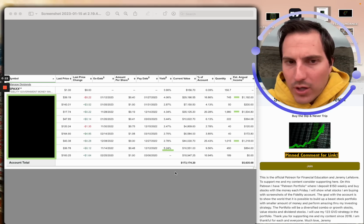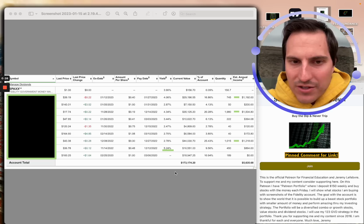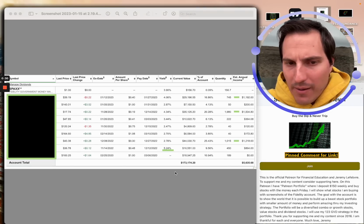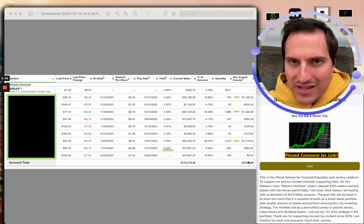This is a portfolio I started back in 2019 inside the private group, and they've been able to see every single move I've ever made in regards to this portfolio over time. And I've been pretty pleased with how it's performed. And now we're up to a place where we're going to receive about $5,600 a year in just dividend income